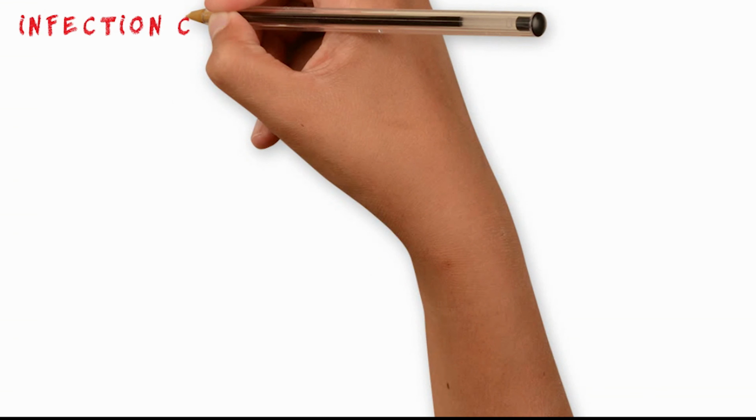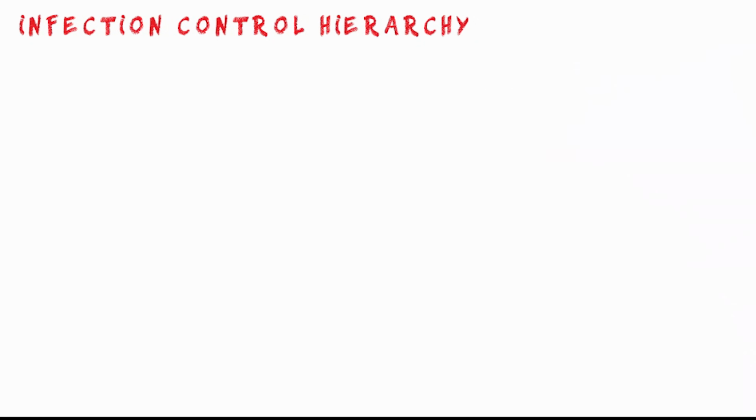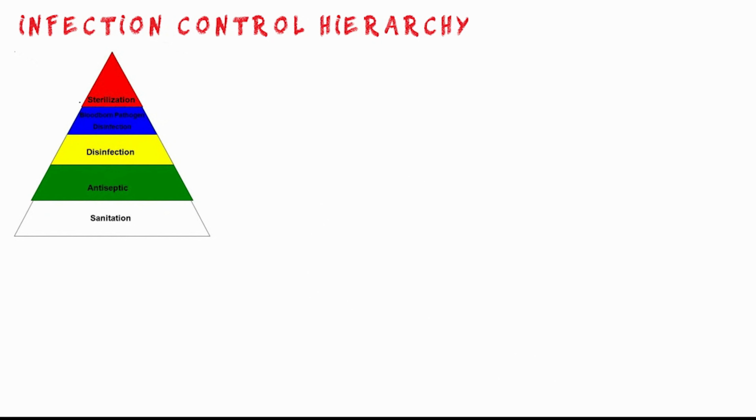Let's discuss infection control. Understanding the correct use of disinfectants and antiseptics is the need of the hour. The hierarchy system is a grading system that involves organizing these methods into a structure based on their efficacy. The topmost tier, or the method on the apex, is considered a more effective measure of achieving infection control than the base tier.